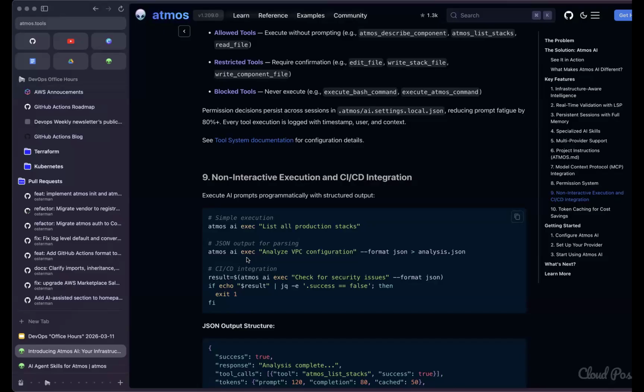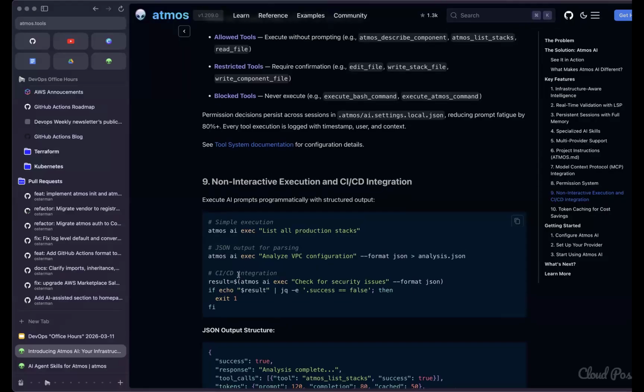But the nice thing is it ships with Atmos skills out of the box. You can use Atmos AI with all the major frontier models: Anthropic, OpenAI, Bedrock if you're using Bedrock, and the list goes on.